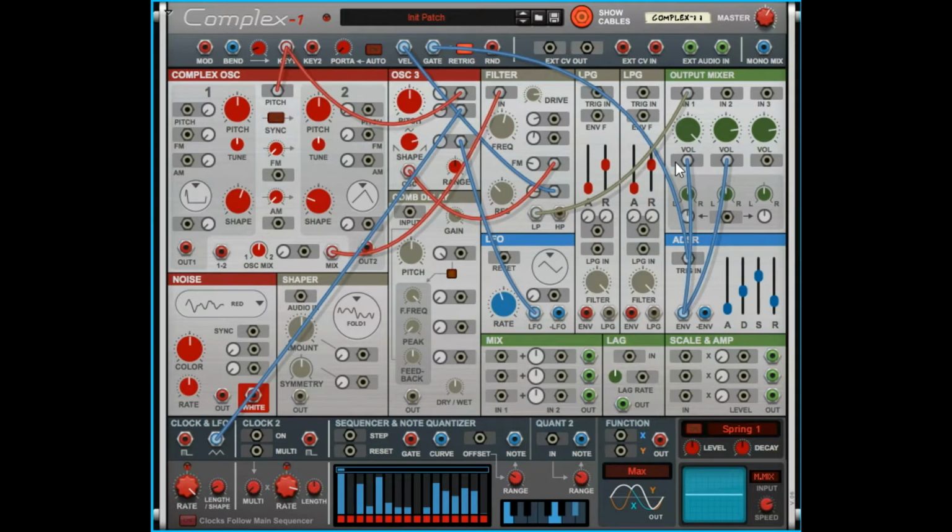So that's just a handful of ways that you can use the filter in Complex-1, and we'll definitely explore more